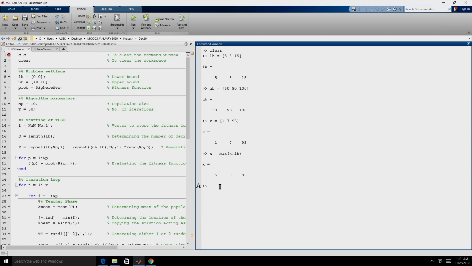Similarly, I can take care of the violation in upper bound. So, let us say the upper bound for the first variable is 50, so let us say it is 45, so it is not violating. The upper bound for the second variable is 90, let us say what I get is 98, and for the third variable let us say it is 120. Right. So, now I have this new solution 45, 98, 120, and the upper bounds of this are 50, 90